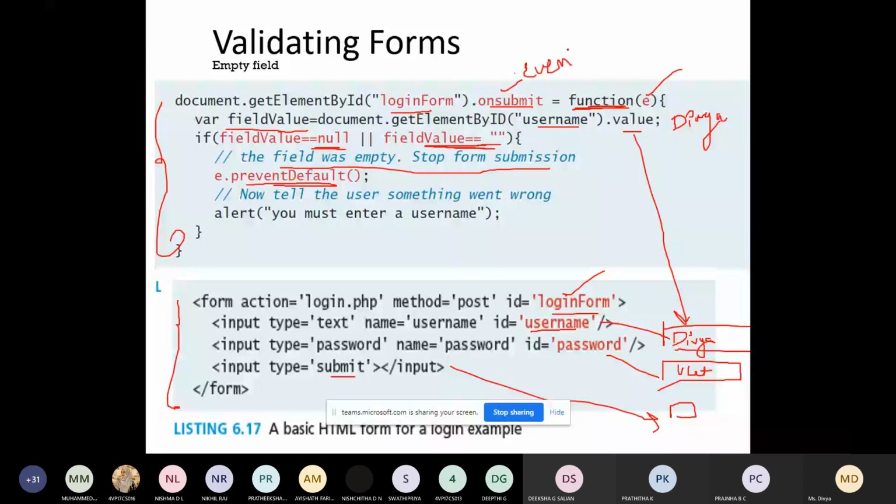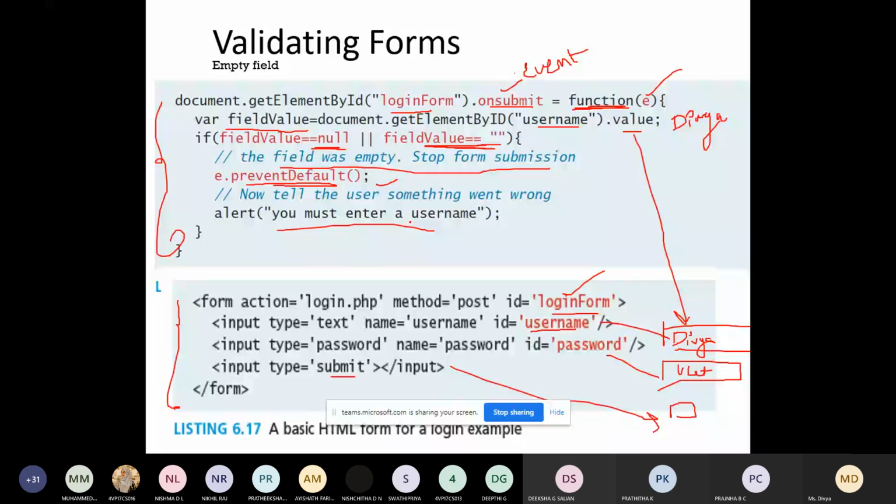That means we are stopping the browser from sending this data to the server. We are not allowing the data to be submitted to the server. Then we can display the message, you must enter a username, if it is empty.